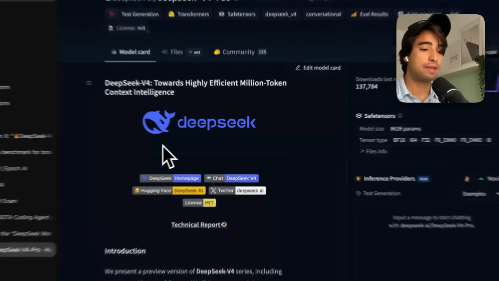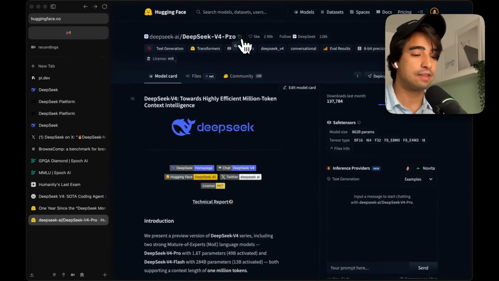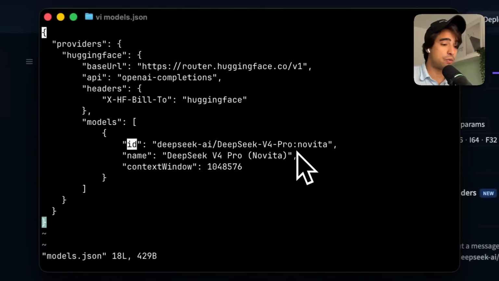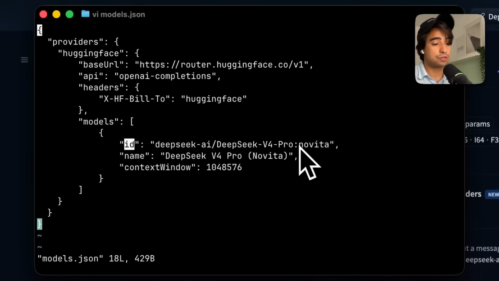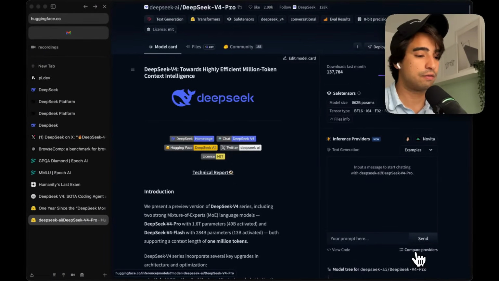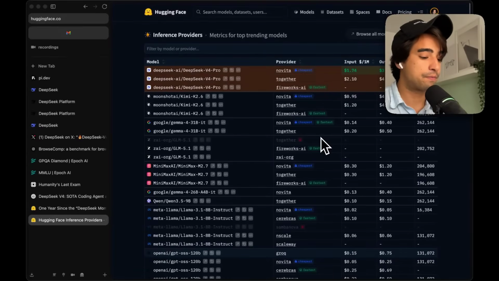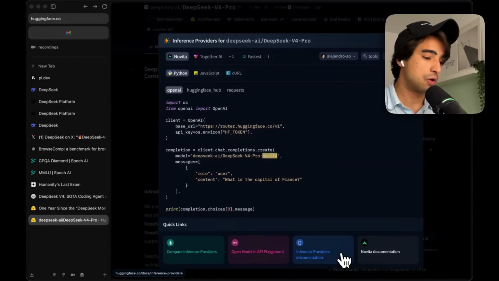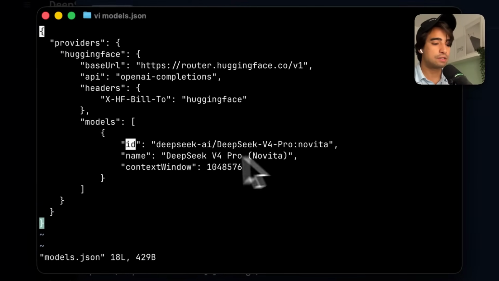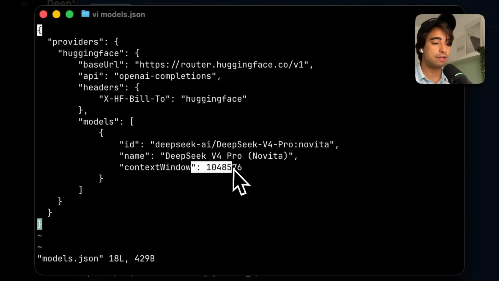Now on ID, I need to add this ID that I see right here. And I have to say on which provider I want it. So I do just colon and then the name of the provider. In this case, it is just like if you were calling the provider via the API like this. So just go to view code, and as you can see, if I'm using Novita, then this is the model that I'm using. So once that is done, you just give it a name and